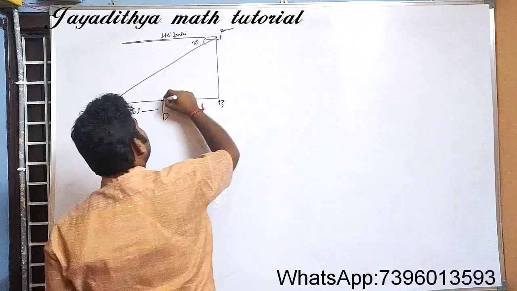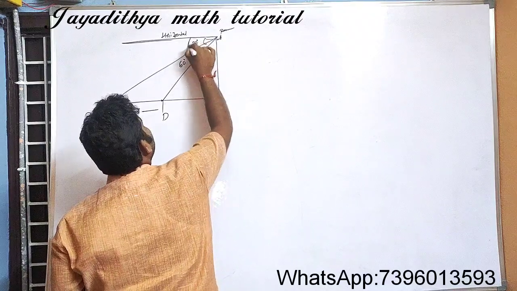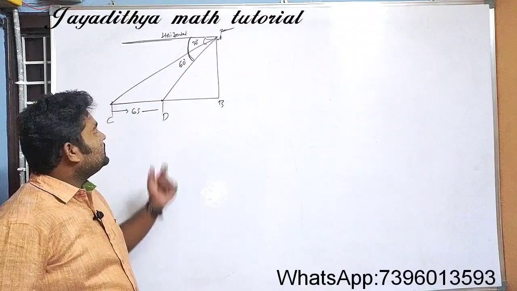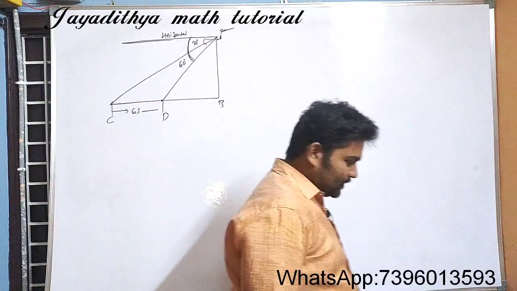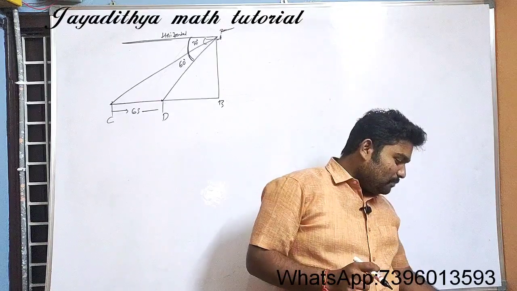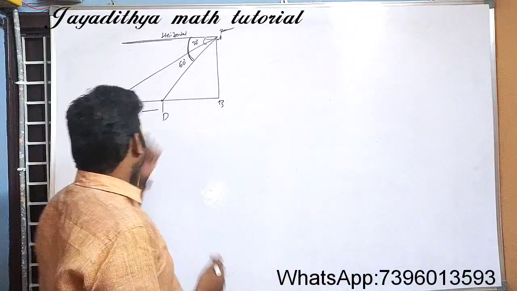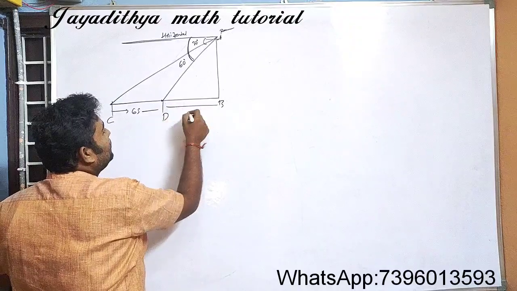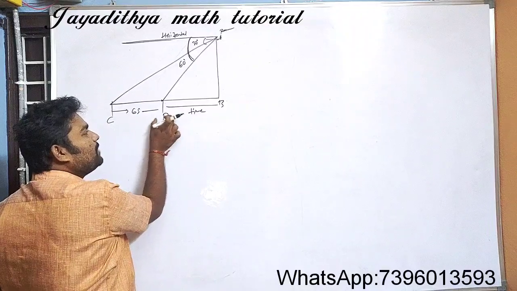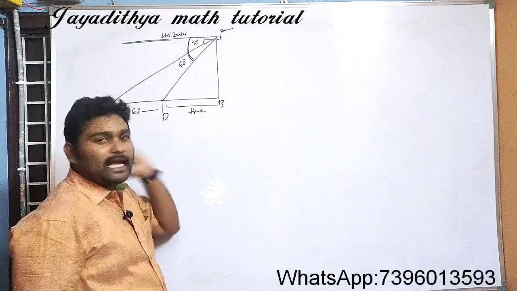Now the angle of depression has increased to 60 degrees. Now this is the angle of depression. The angle of depression is how much now? 60 degrees. What is the question here? Find the time taken by the car to reach the foot of the tower from this point. This point means D. So you need to find the time taken by the car to reach from D to B, the foot of the tower. You need to find this time here.